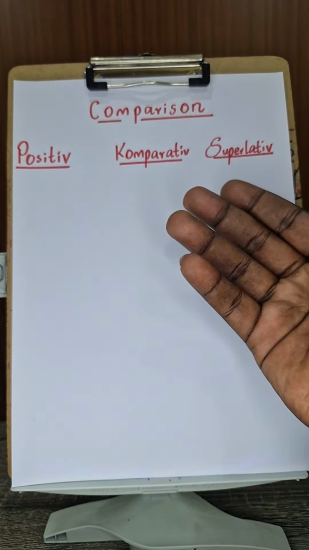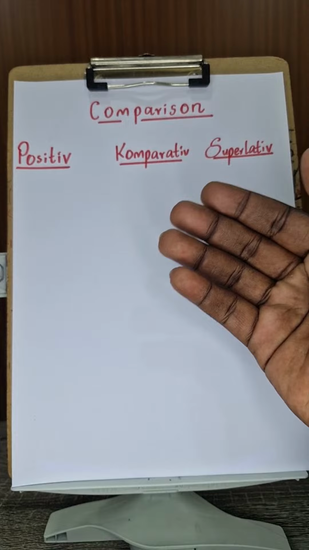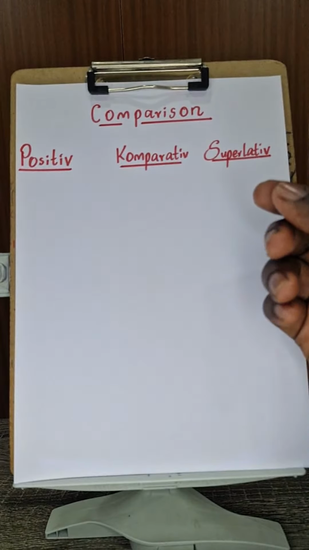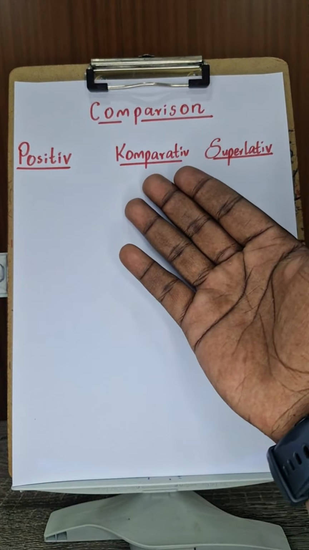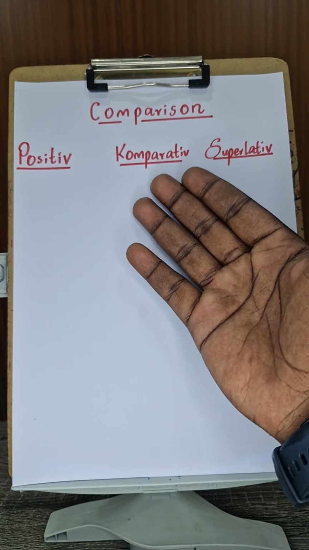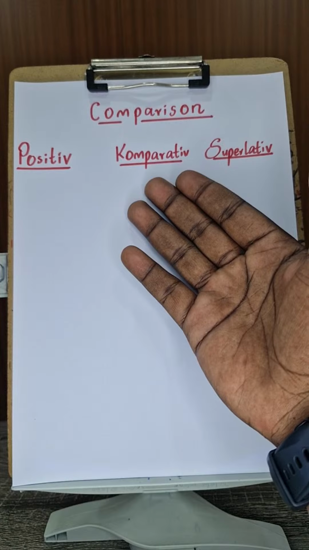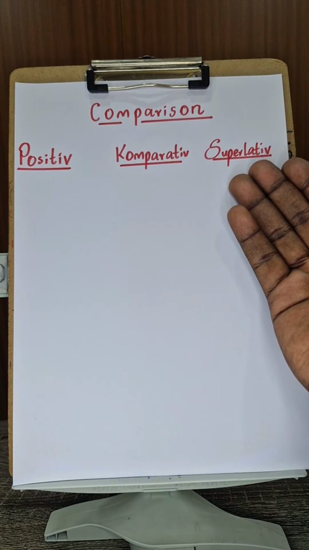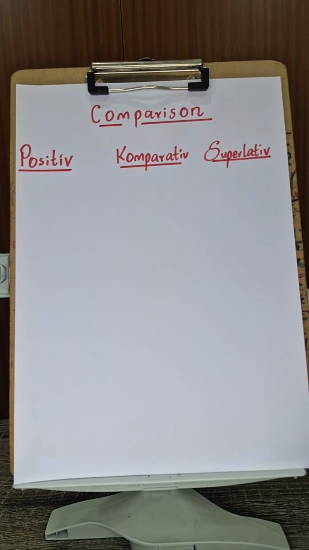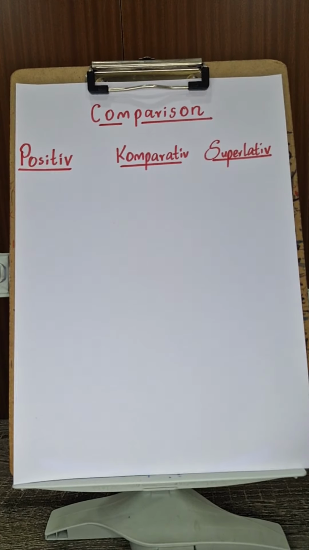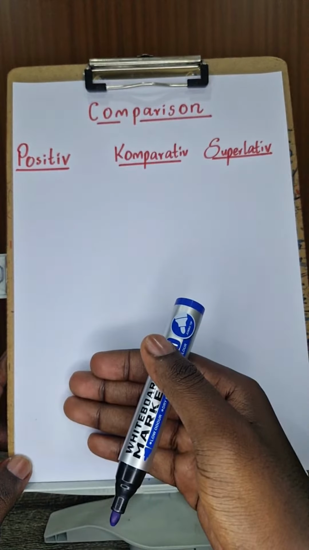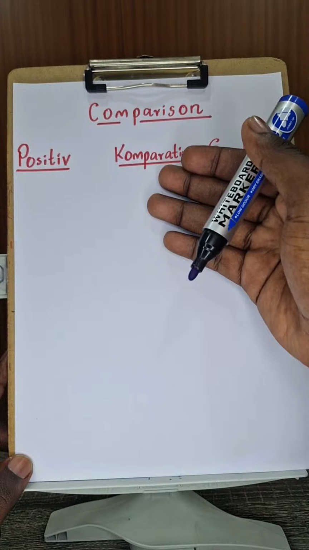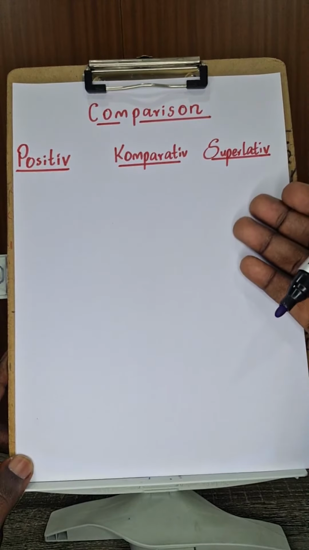Now, you realize that some of the rules we're about to see in German tend to be like in English, right? In English, normally the comparative form is the ending er, and in the superlative, we have est. Some of these rules are going to be the same as in English, right? But before we get deeper into that, let's give some examples of adjectives, and then we'll see how they change in the comparative and the superlative, right?